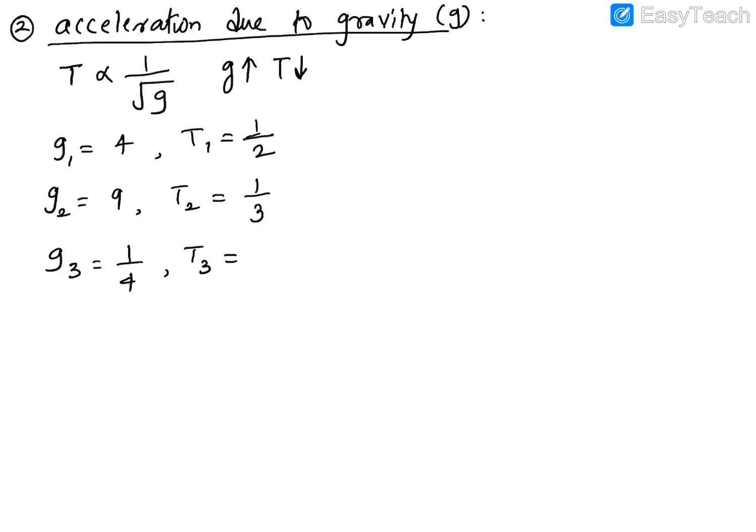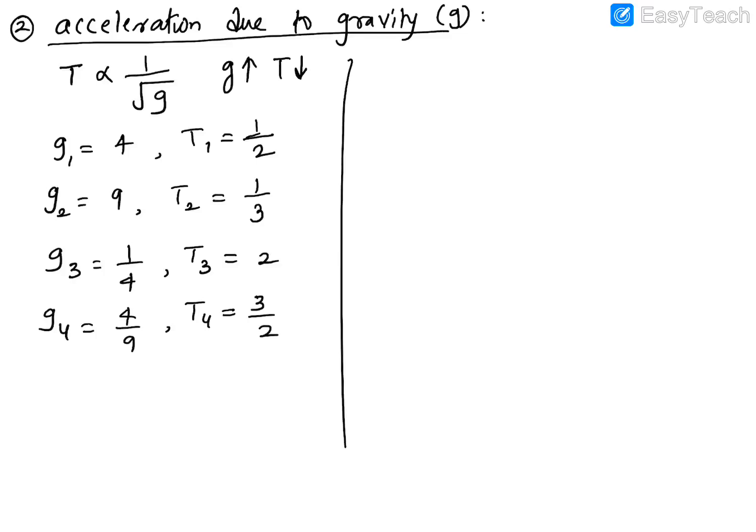So now you'll do 1 divided by root of 1/4. So that will become how much? Reciprocal, and become 2 eventually. And same way, if the gravity becomes 4 upon 9, what's the effect on time period? 3/2, because of the square root, and then you'll also have to do the reciprocal, because it is 1 upon. Okay, I hope you've got how to find the value of the time period if they've given the gravity.